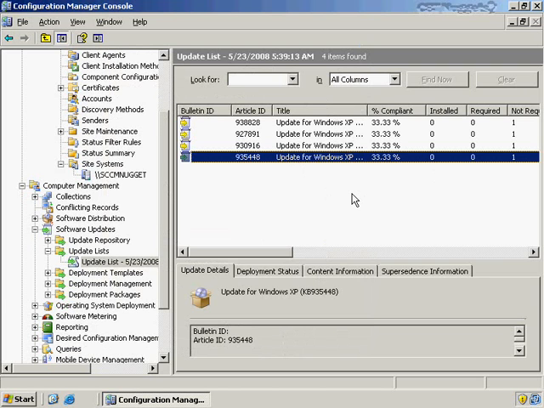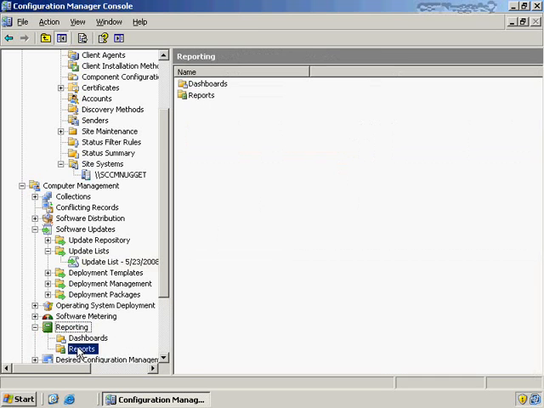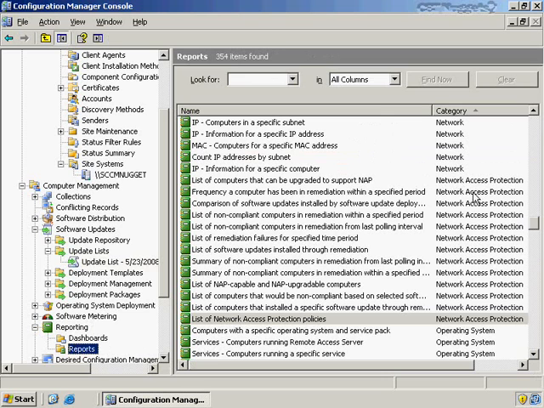Obviously, once you've got this all in place, the last thing you need to do is really report on what sorts of activity is going on in your network based on network access protection, and all of that's done just like everything else here within the reporting node. If we click down to the reporting node and expand and we look at reports, you'll see that there are a number of network access protection reports that allow you to see the success or failure of network access protection